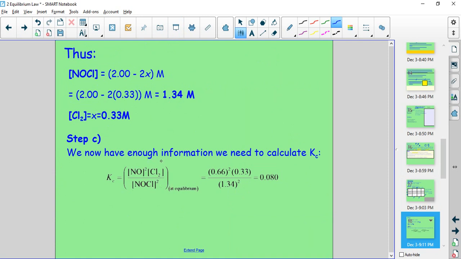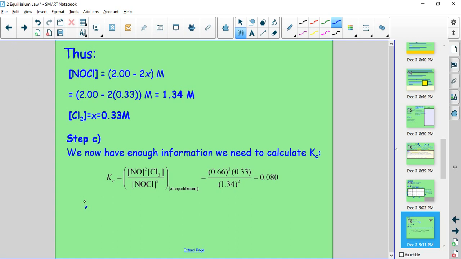I substitute our now known concentrations for each of these, and we get 0.66 to the exponent of 2, times 0.33 over 1.34 to the exponent 2, and this is our Kc value. Okay. Another step to this question, although it doesn't ask, it could say